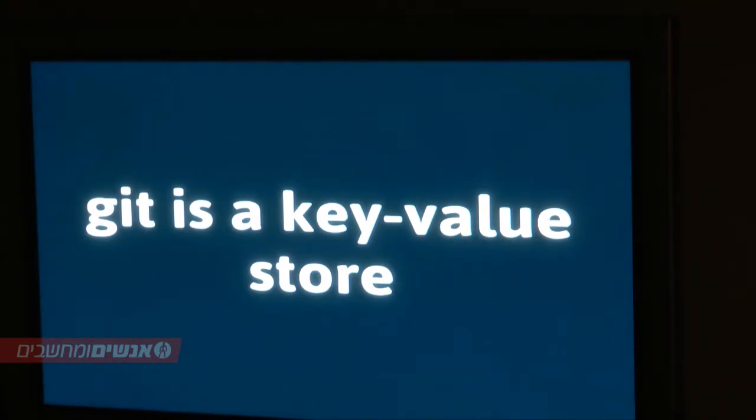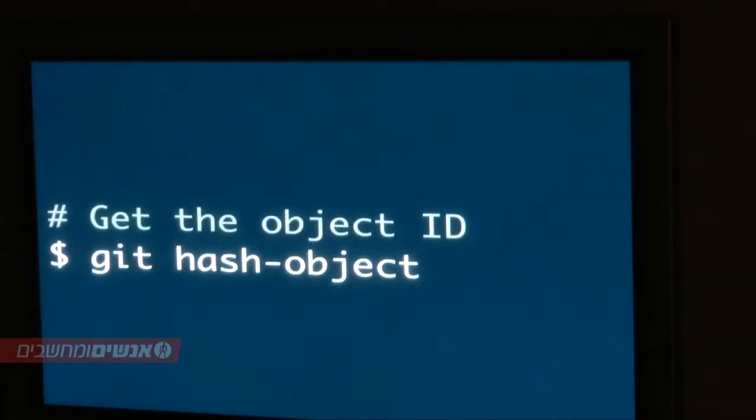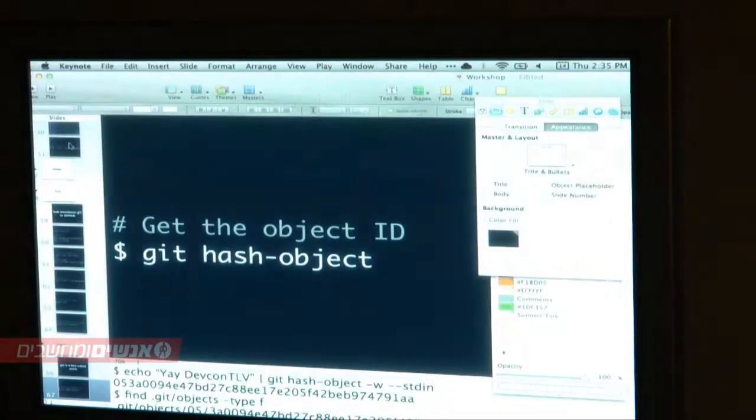But this all revolves around Git being a key-value store. You give it some information and it hashes it and gives you back a SHA-1. That's really all it knows. It layers these SHAs on top of each other to store metadata about the document as well. So if we have hash-object and we give Git a tiny blob, it'll give us back a SHA. And it won't necessarily store it for us until we tell it.